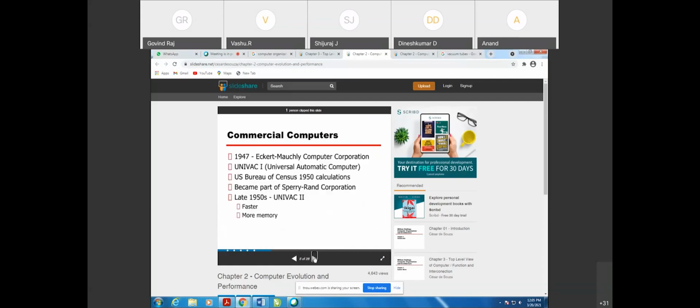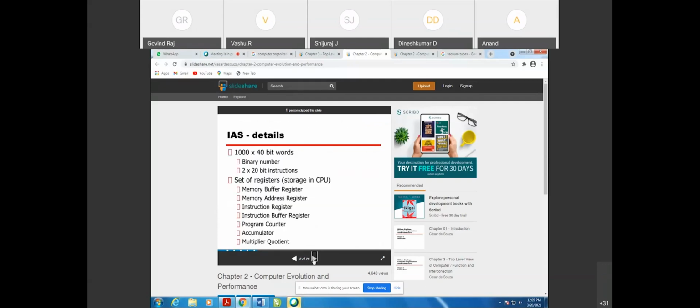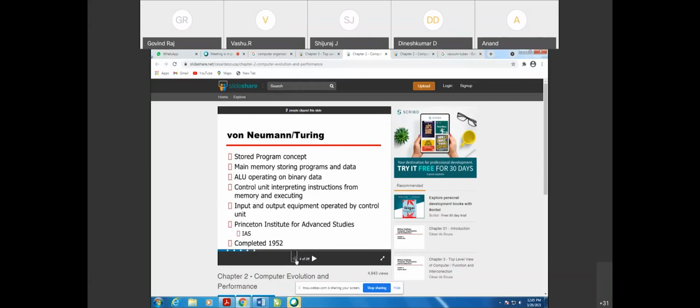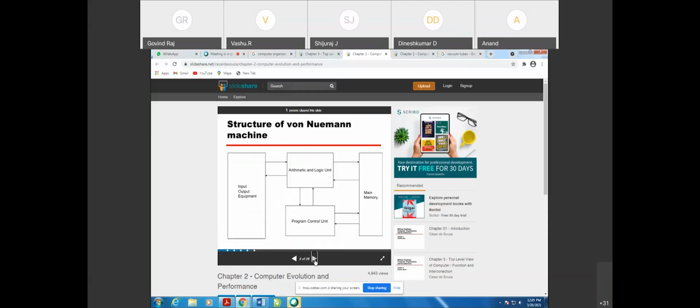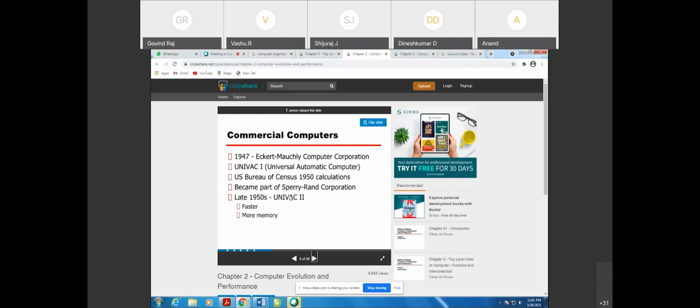And next, the UNIVAC computer was introduced in the 1950s. UNIVAC 1 and 2 came. That comes under second generation computers. They used it up to 1952. This computer, that is the UNIVAC 1 and 2: 1 was introduced in year 1947 and 2 was introduced in year 1950. Comparing to the first generation computer, this was the fastest